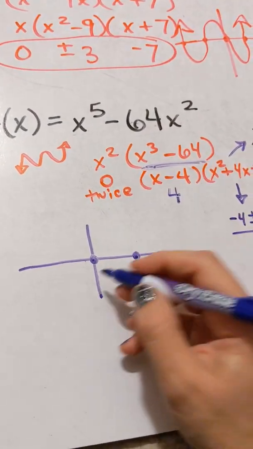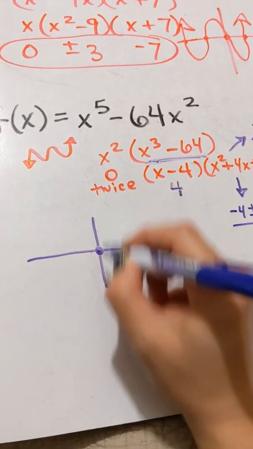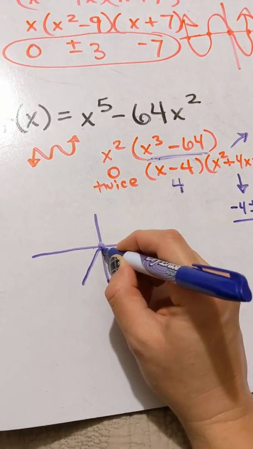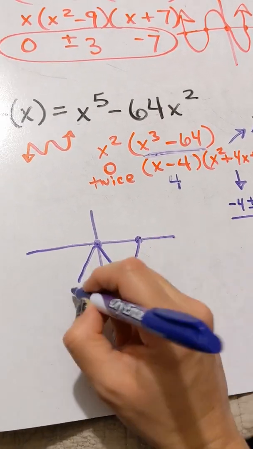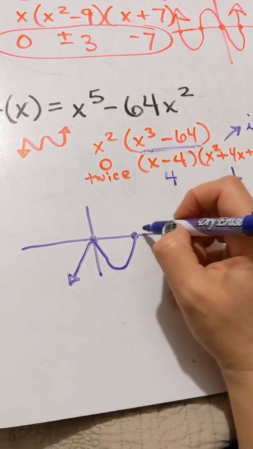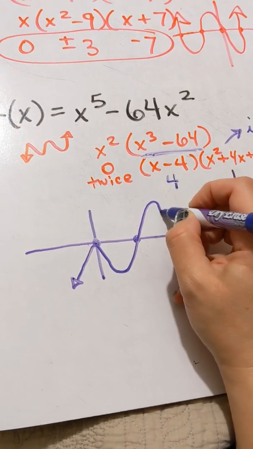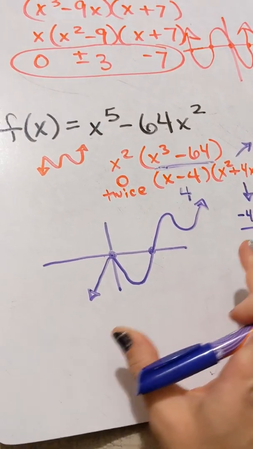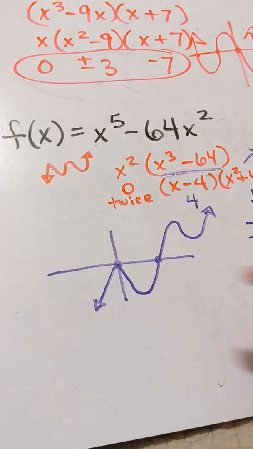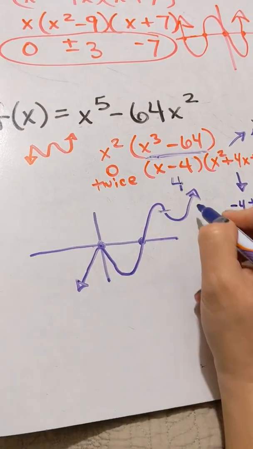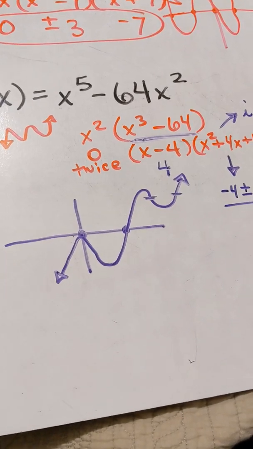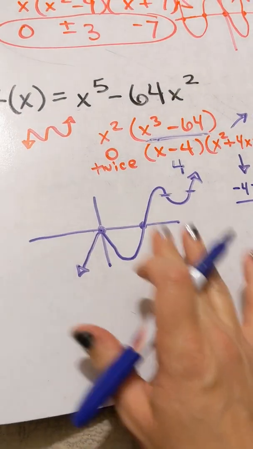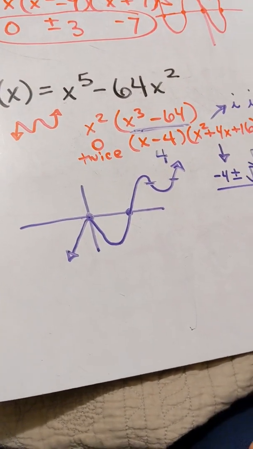So first off, we're going to start the graph and then bounce off of the 0. As soon as it gets up to it, it bounces right back off. Then we go through the 4. That's our only other real answer. And then we just have this little bump up at the top. That way this does look like that graph, but these two spots would be like where the imaginaries live. So it has that look. It does have 5 answers, but 2